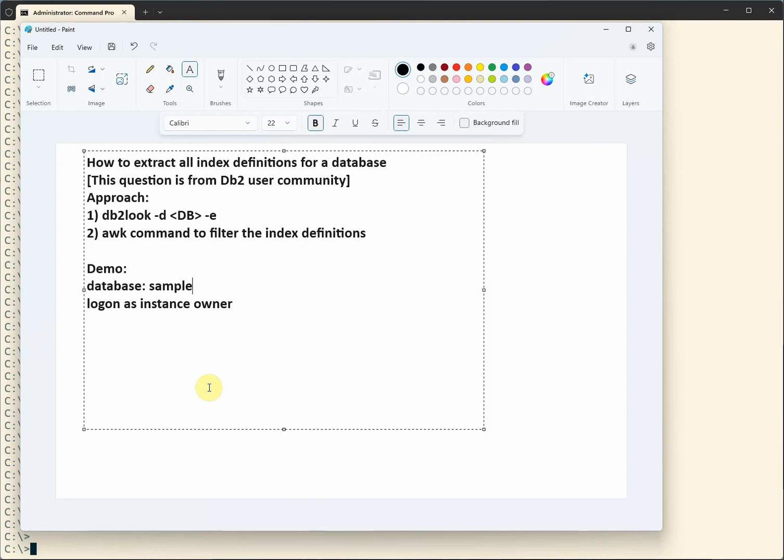Alright, in today's video, we're going to demo how to extract index definitions, like all the index definitions for a given Db2 database. This question is actually from the Db2 user community,